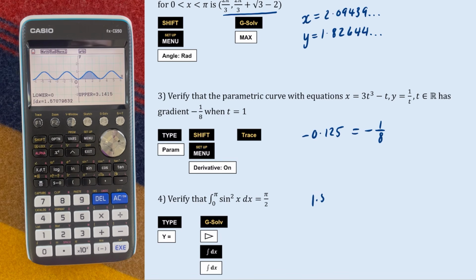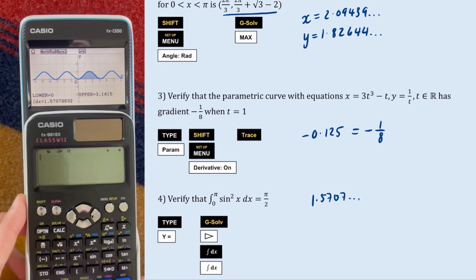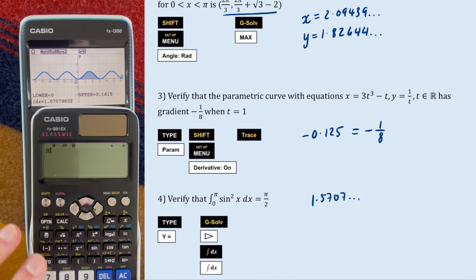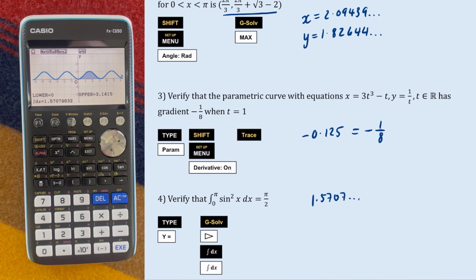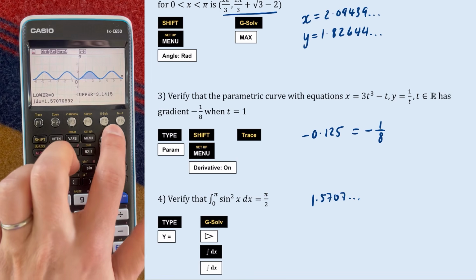So we've got 1.5707. We just need to verify that that's the same as pi over 2. So if I go here and I type in pi over 2, I do get 1.5707. So although I'm not going to ever do this to actually answer the question, let's say I did all of my algebra and I found out it was pi over 2, I can then check it on the calculator by using this graph one. There is another way of doing this, but I'm just showing you everything that is in the graph feature